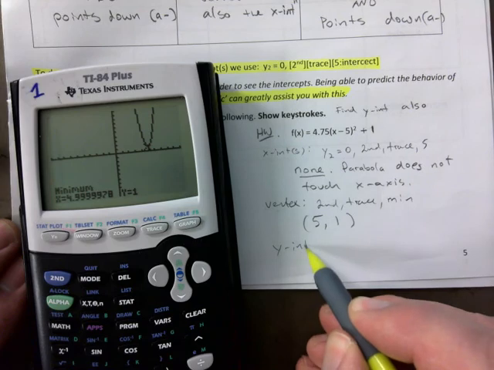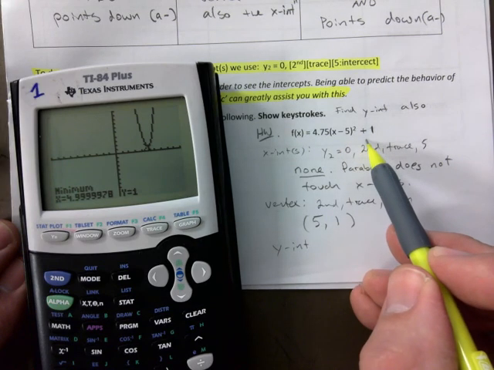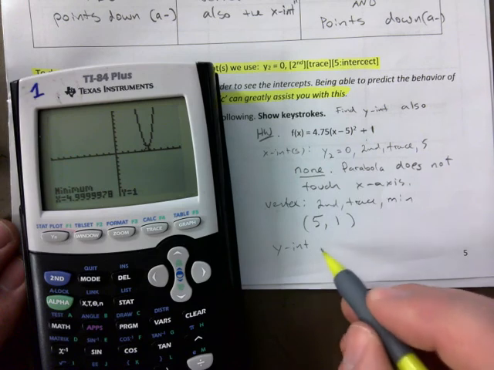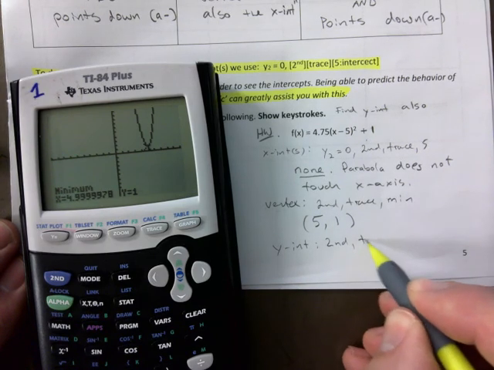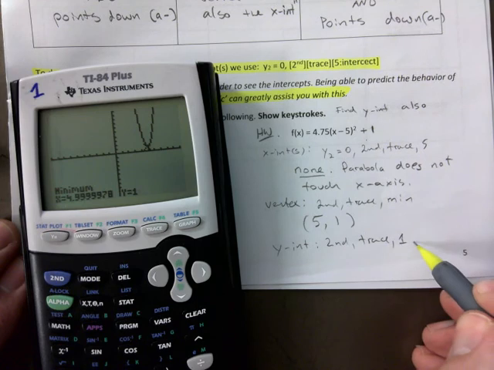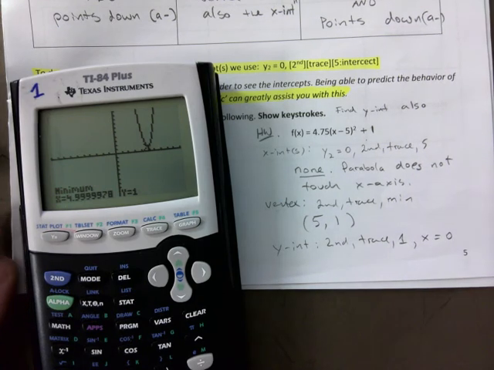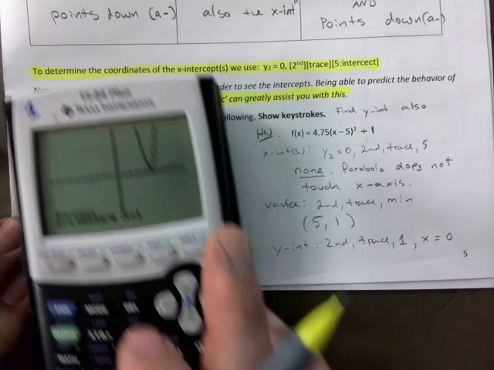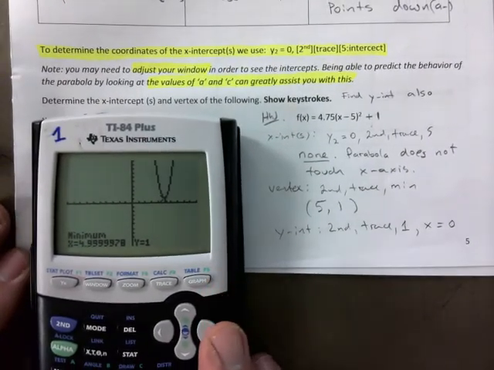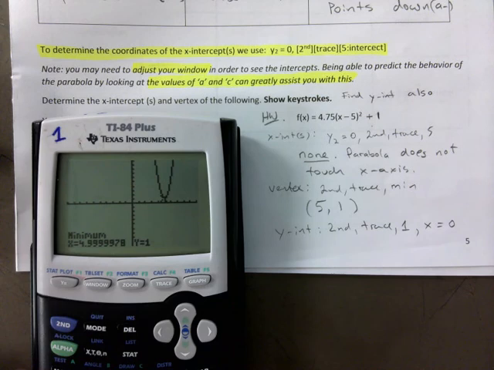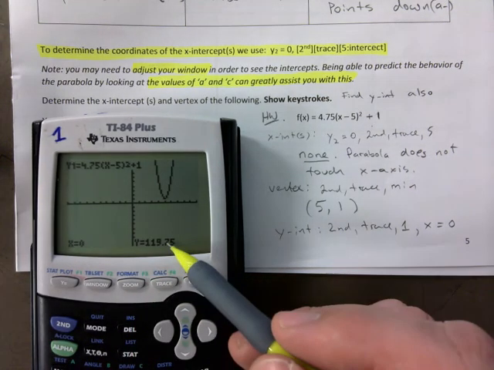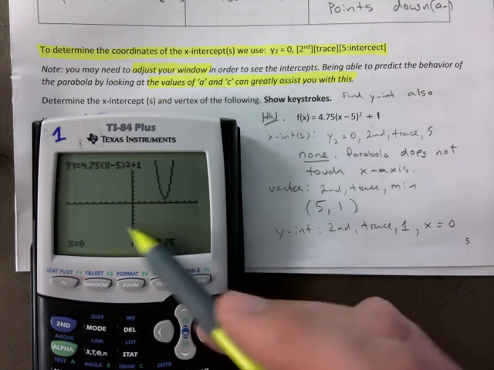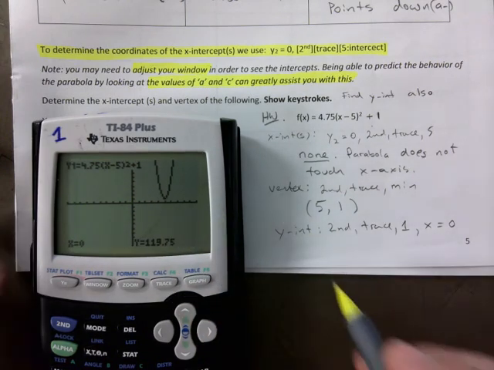And my y-intercept, I cannot just look at the equation. It doesn't give me that. So I need to go second, trace 1, and I will let x be 0. Second trace 1 can be used for a lot of things, but it definitely can be used for finding the y-intercept. And I think, is this going to give you an error message if I leave it like that? I'm not sure. I'm going to try it. Second trace 1. Oh, it does give you that. It does give you the one without even seeing it. So I will write it down,